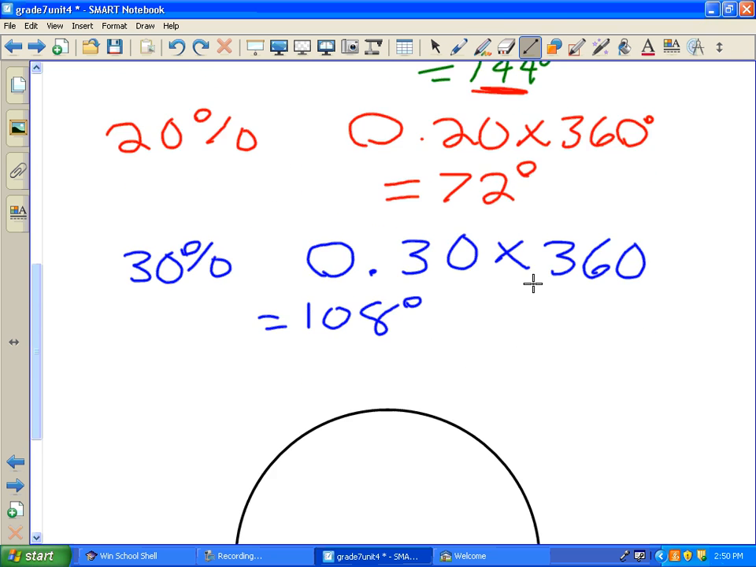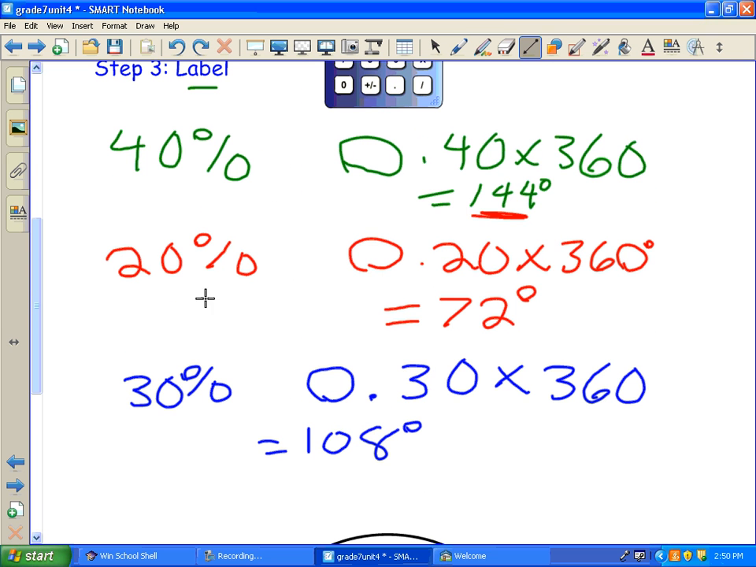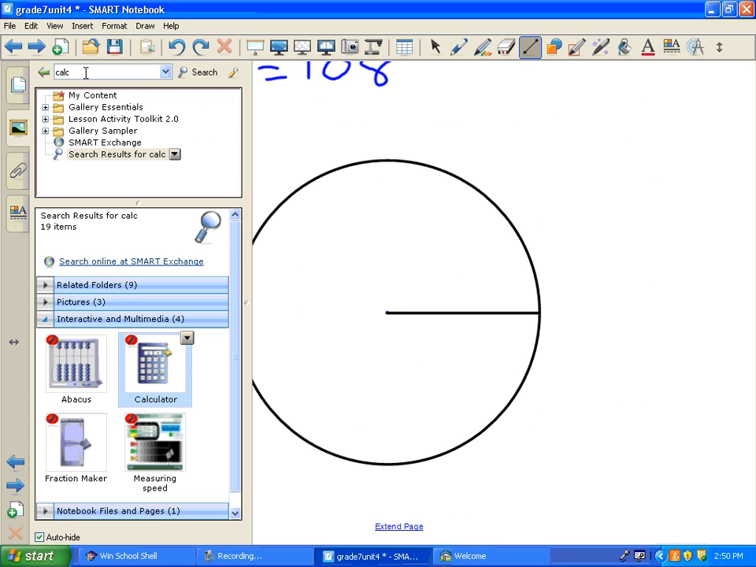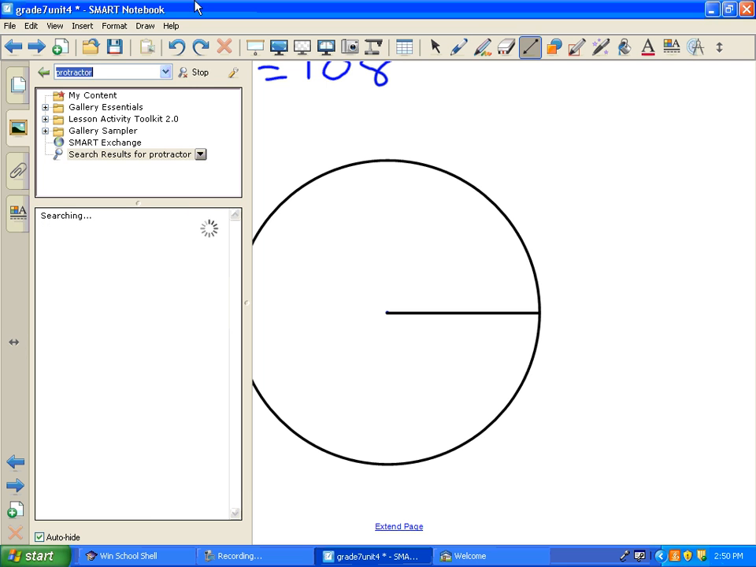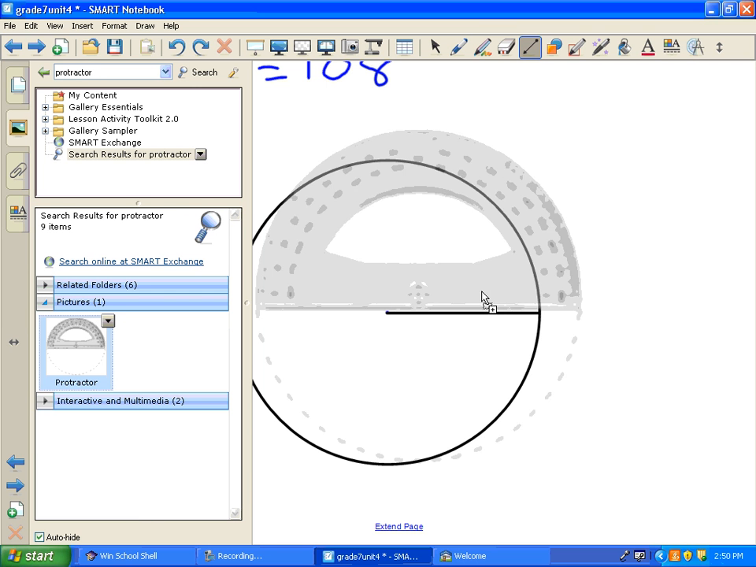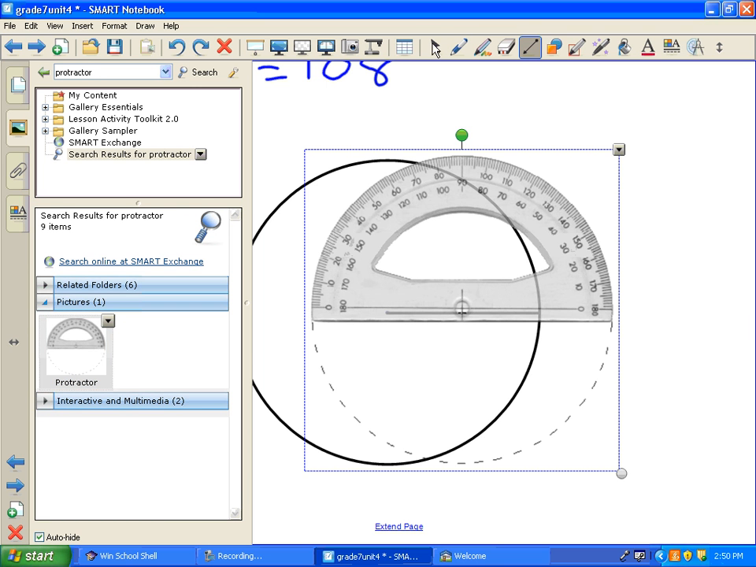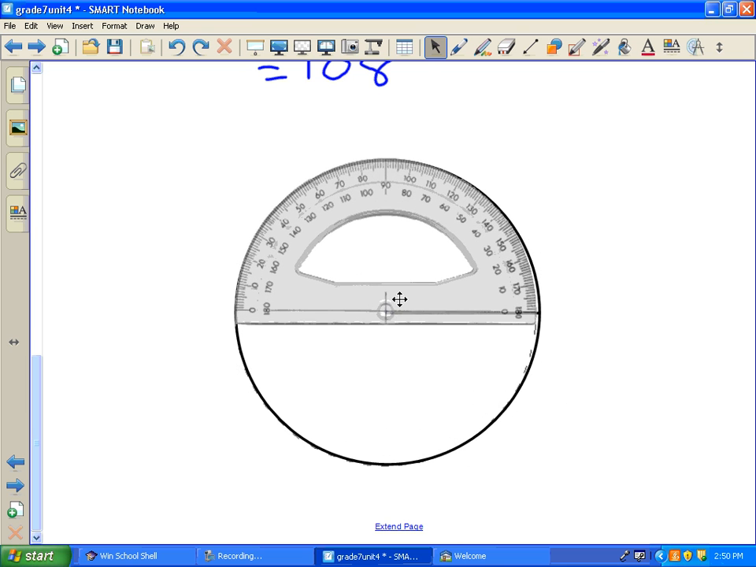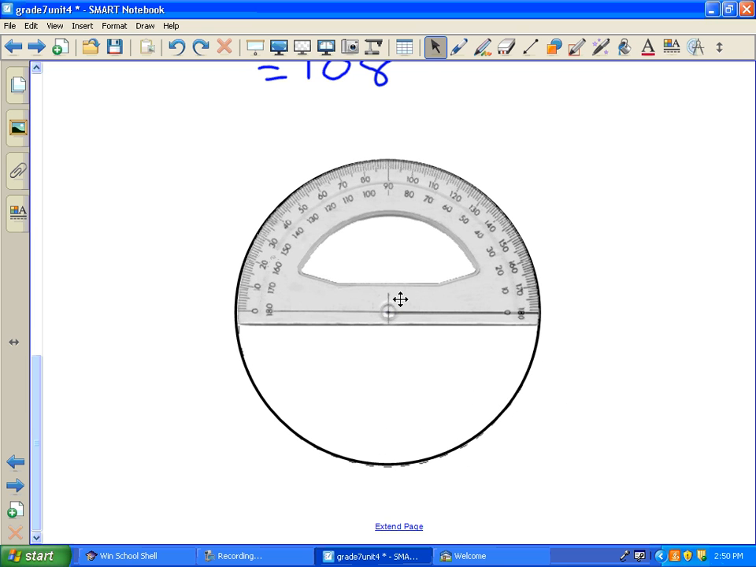So the first thing it asks me to do is 40%, which is 144 degrees. So I'm going to need a protractor in order to draw this. Without a protractor, it's not going to be easy. So take your protractor, put it right on the line, just like when you made an angle before in the previous unit. So 0 is there, and I need to go to